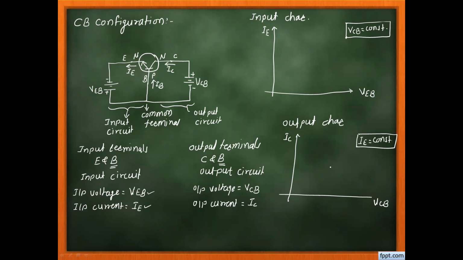Okay. Now you will ask: while drawing the input circuit characteristics we keep the output circuit voltage constant, and while drawing the output circuit characteristics we keep the input circuit current constant. Why so? Why not keep the voltage constant? Let me clear that one point. When you want to draw the input circuit characteristics, as you know the output circuit current is IC, and this IC is the reverse bias current. So we need to maintain a constant output circuit voltage for the input circuit characteristics.